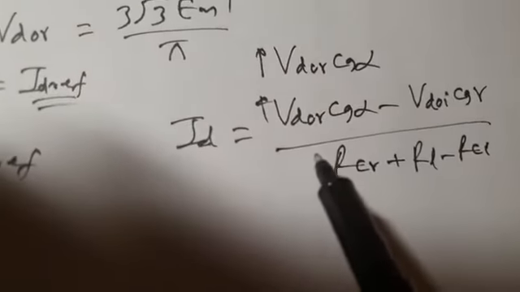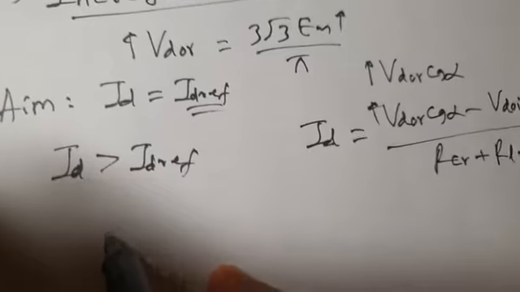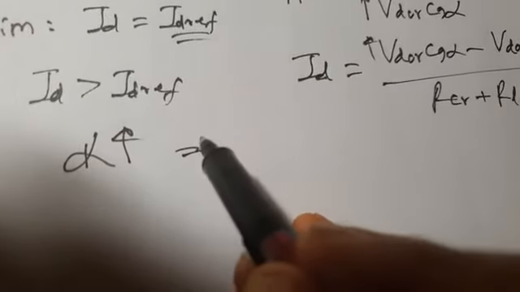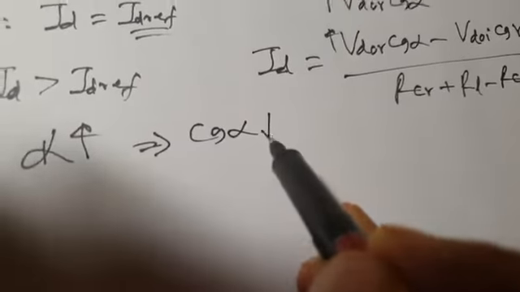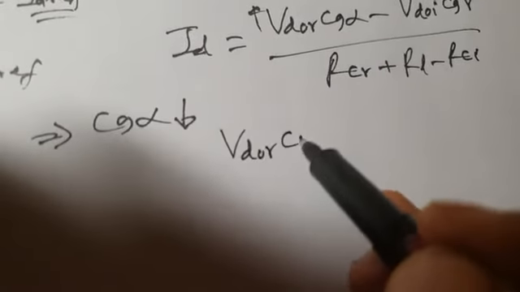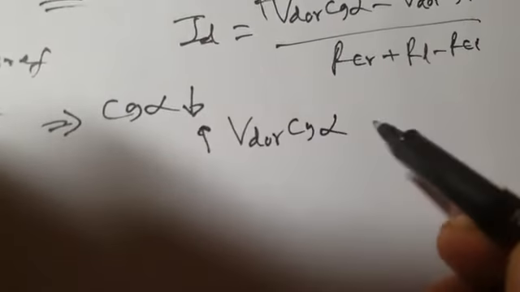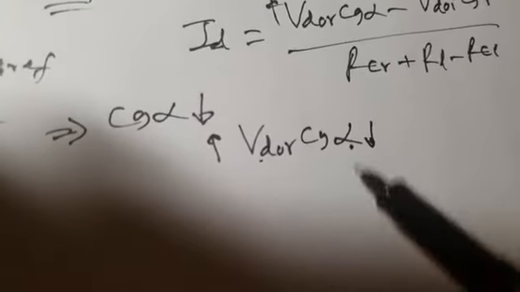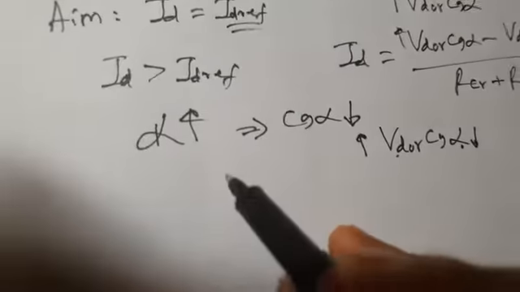How will it try to reduce ID? By increasing alpha, the delay angle. When alpha increases, cos alpha decreases. VDOR has increased, and cos alpha will decrease, so this VDOR into cos alpha will come back to its normal value, and ID will be equal to ID